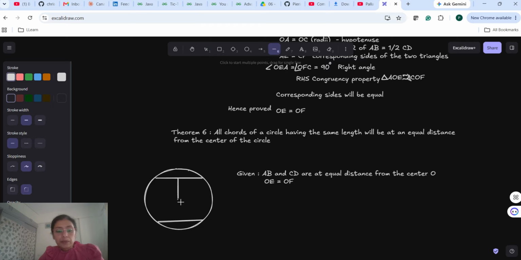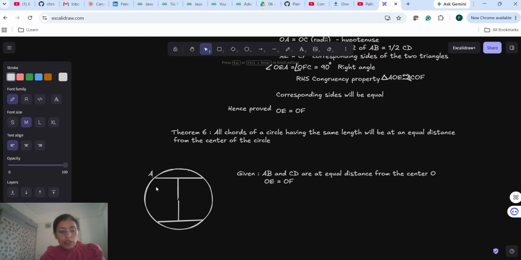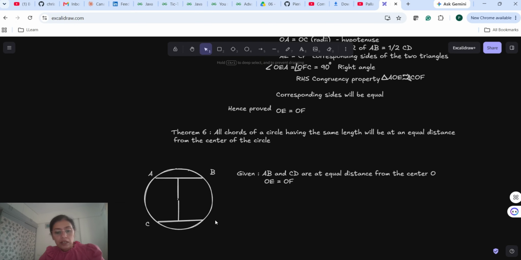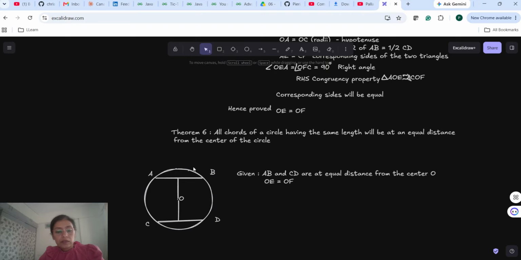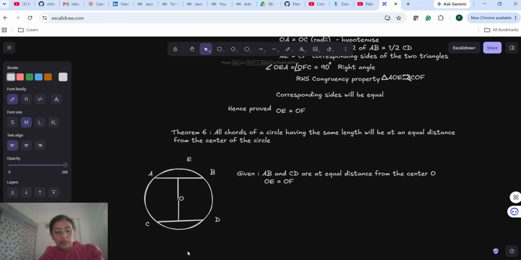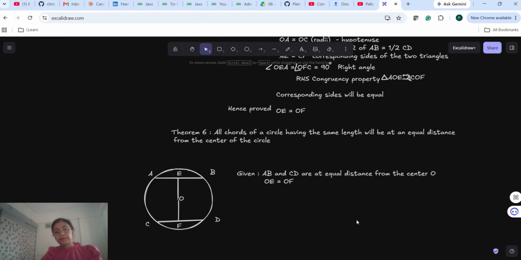Okay, and similarly, I'll make this. Let's call it A, B, C, D. AB and CD are two chords. Center of the circle is O. And these points are E and F. So we have been given AB and CD are at equal distance, which will mean OE